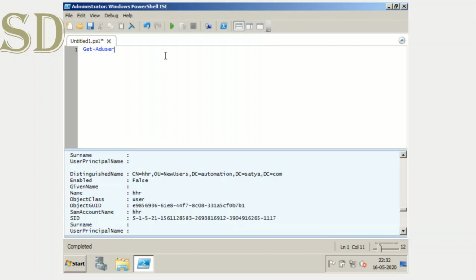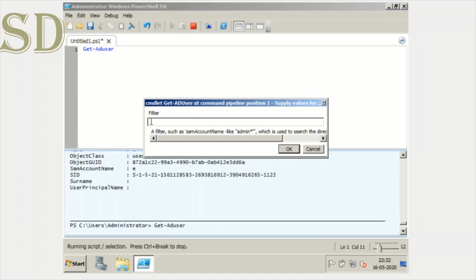So we just covered a new syntax. This is the most used command in PowerShell when you are automating something related to it. So after typing that, if you want to search, if you want to put any kind of filter, meaning be specific with the filter, then you can run this command and you will get a pop-up, and you can type anything you want to type.